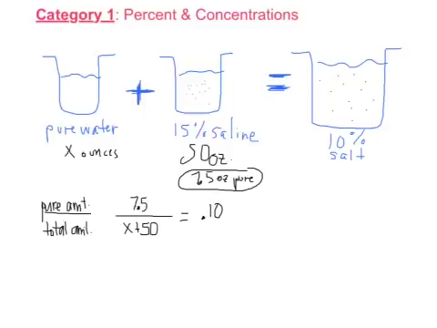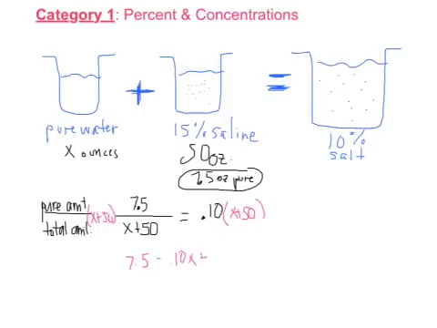To solve, I'm going to multiply to undo the division. I will multiply by x plus 50 on both sides. That will get rid of this denominator, leaving me with a nice linear equation. 7.5 equals